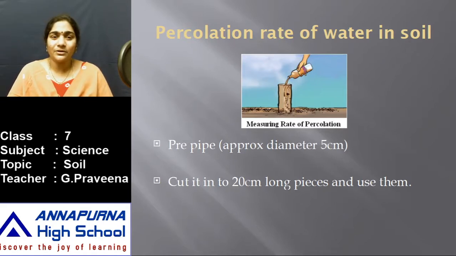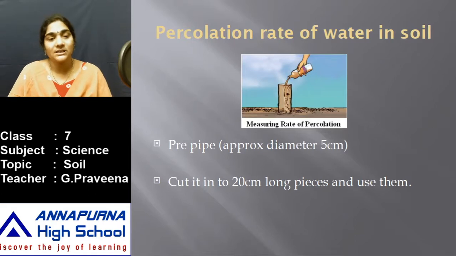If you observe, when you pour 200 ml of water on the floor in the house, you can see that the water just floats away from that place. Whereas if you add the same 200 ml of water near the kacha road, the unpaved road, you can see that the water is absorbed by the soil. So by performing these activities, let us try to know what is meant by percolation. The percolation of water in soil can be known by performing this activity.